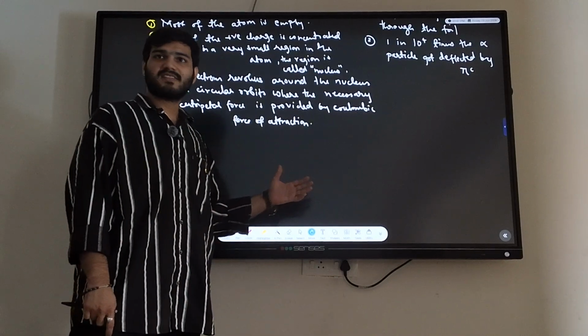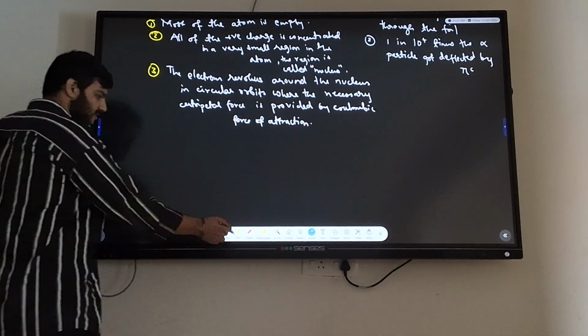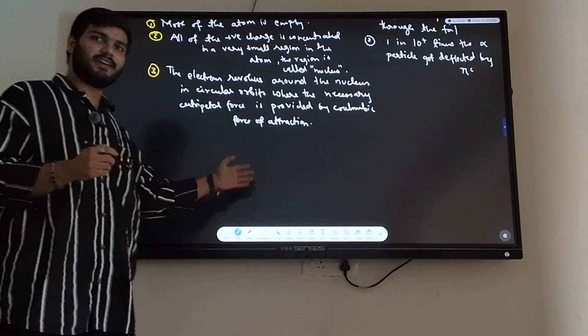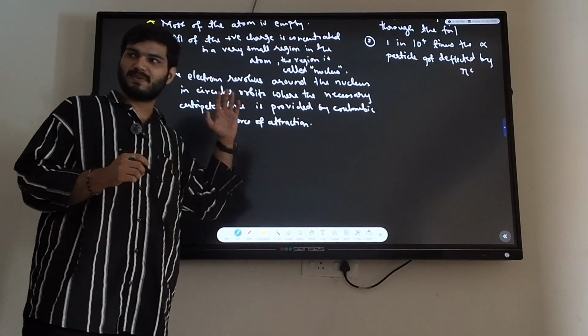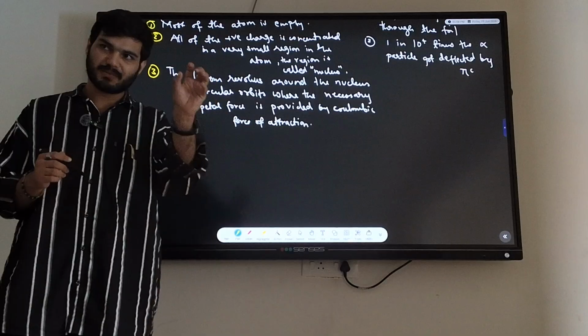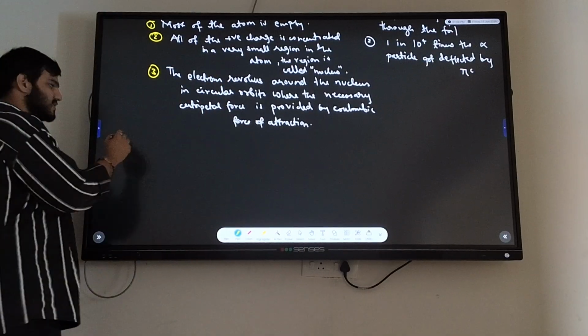What is so wrong with this theory? It couldn't even explain the stability of the atom. You can't go beyond this. At least your atom should be stable enough. The moment you give a structure, the structure should remain. That structure was falling apart. So